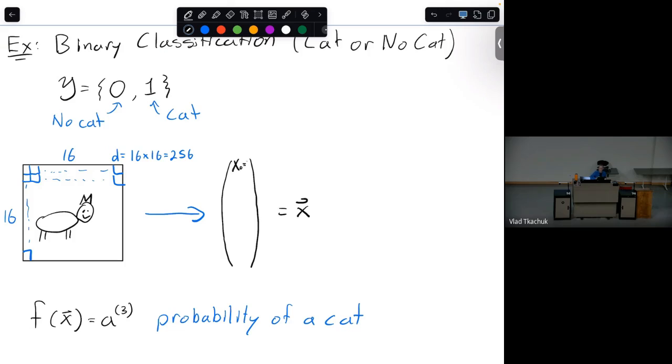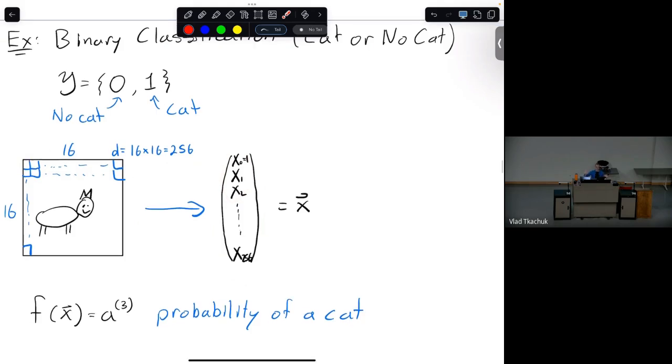So you have this one here, and then x1, x2, all the way up to x256. These x1 to x256 represent the pixel values, right? How bright is that pixel? So hopefully you can agree that this vector carries the exact same amount of information as this picture. You can just decode it, put it back into this square format, and you get the picture back.